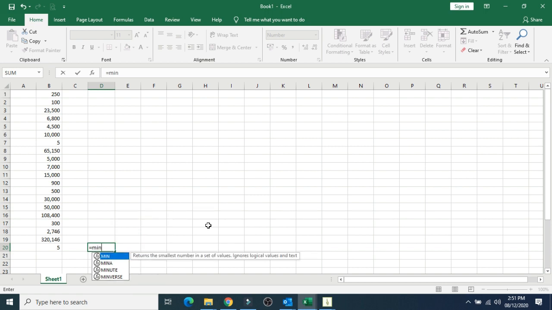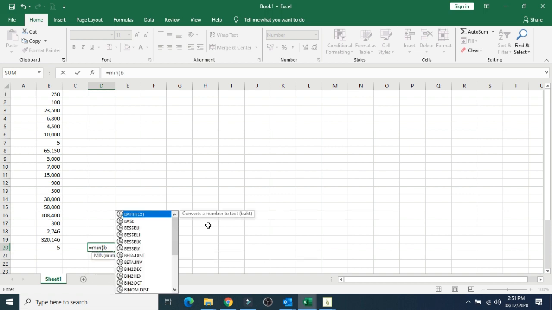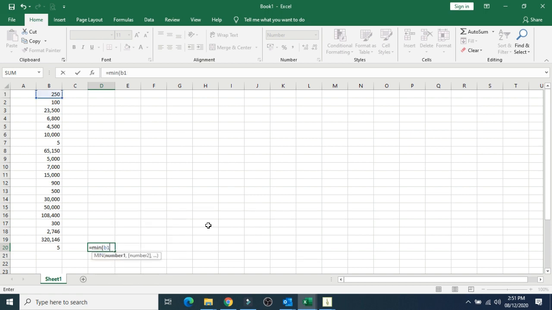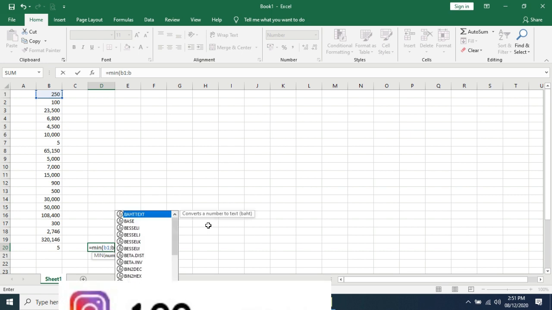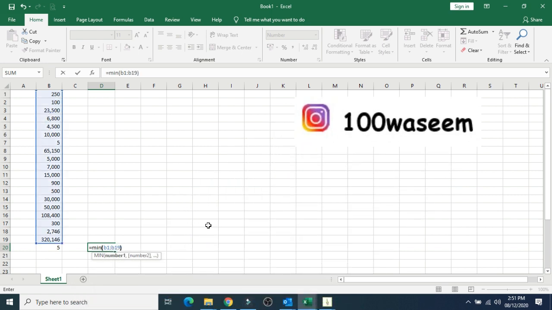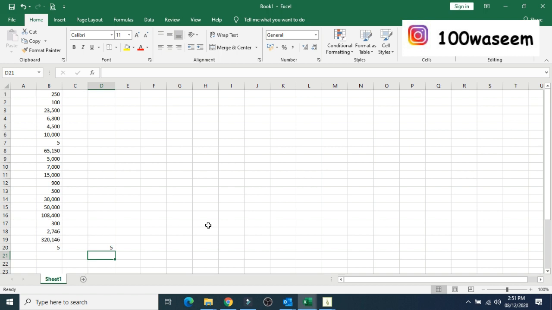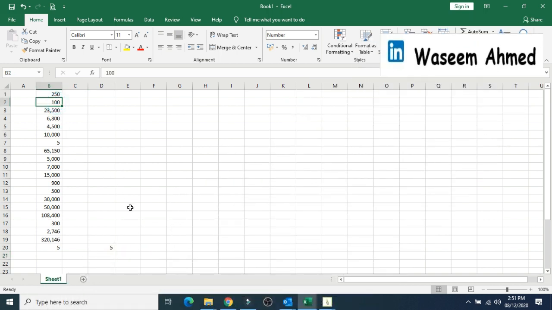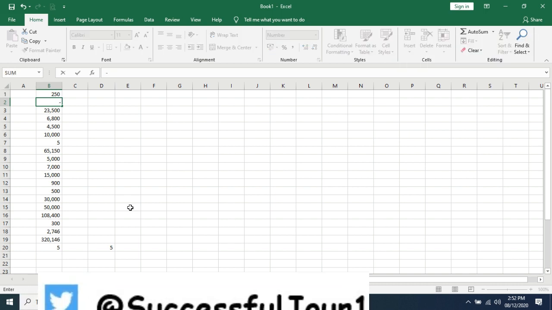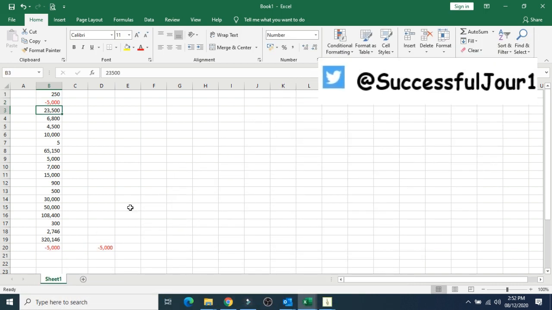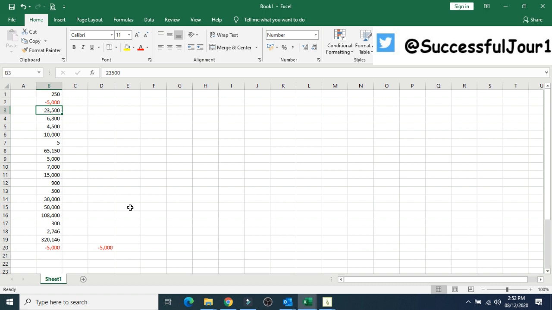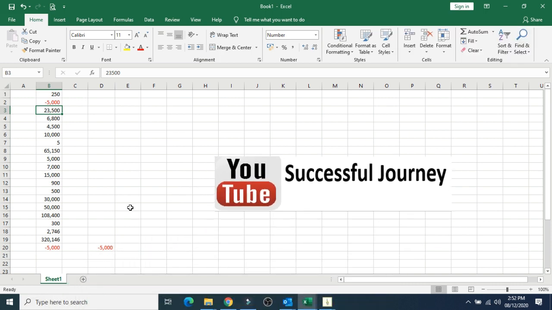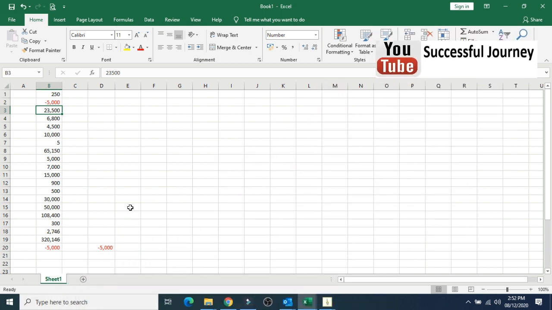Min bracket start B1 colon B19 bracket close, enter. Now let me show you another interesting thing: if we have a negative figure, let's say we have minus 5,000, see, it is giving minus 5,000 because the larger the negative number, the smaller it is.